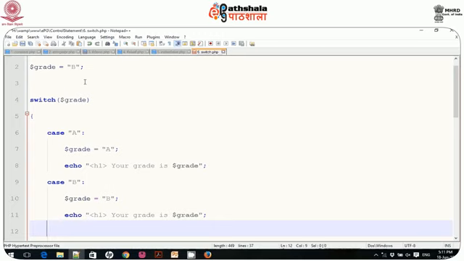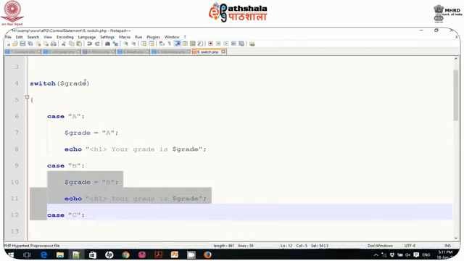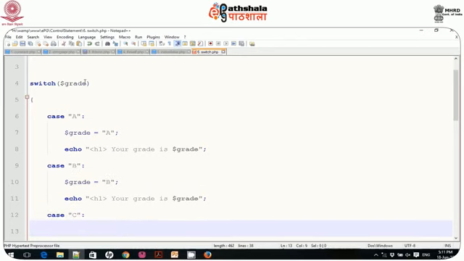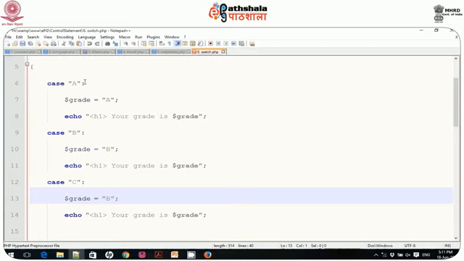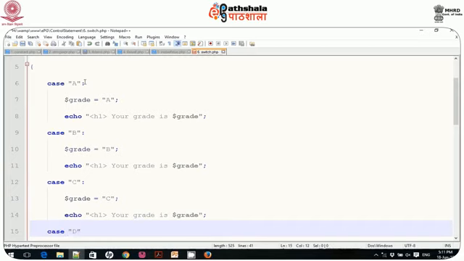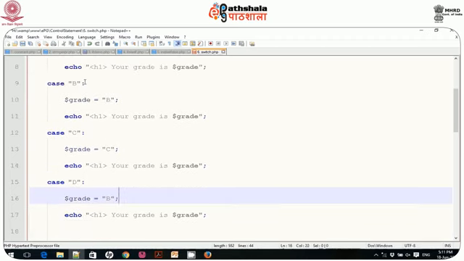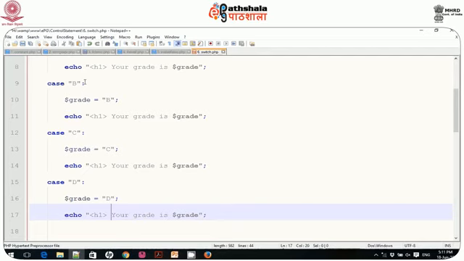Let me write for case C. So here I define grade is C, and case D, then $grade is D and your grade is this.